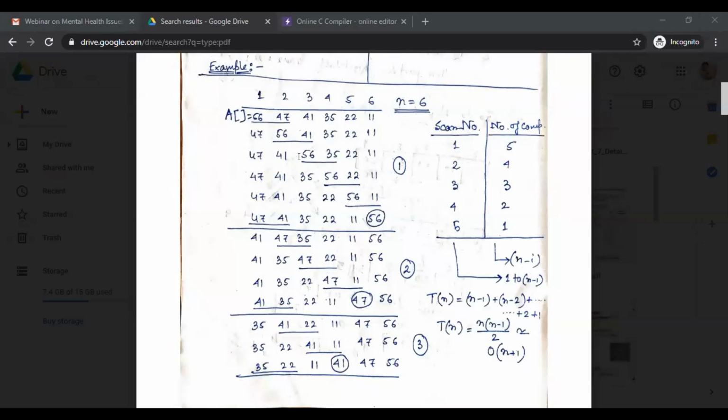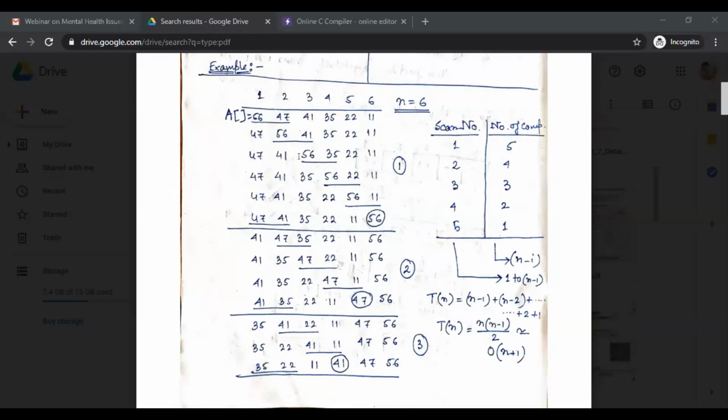But how will this happen? We all know that using a third variable we interchange the values of two variables. We all know that, right? So we have to apply that in our program. Without using a third variable we know, but with a third variable it is much easier.